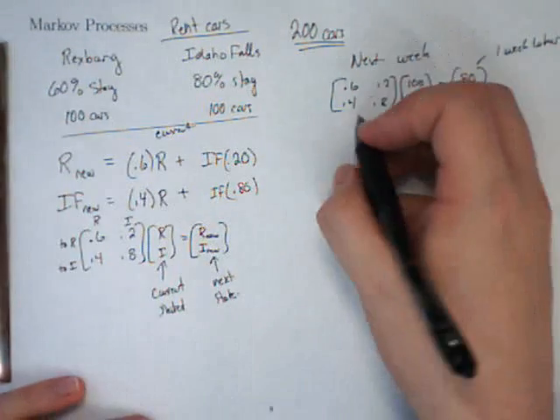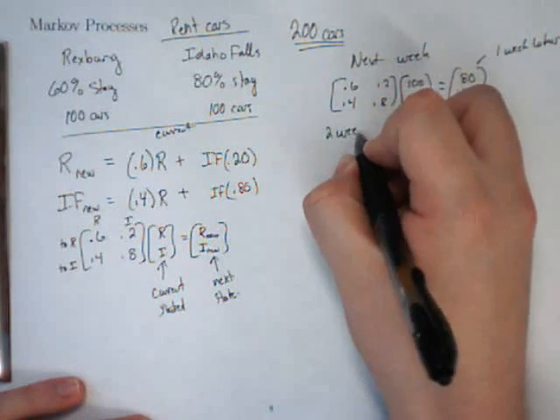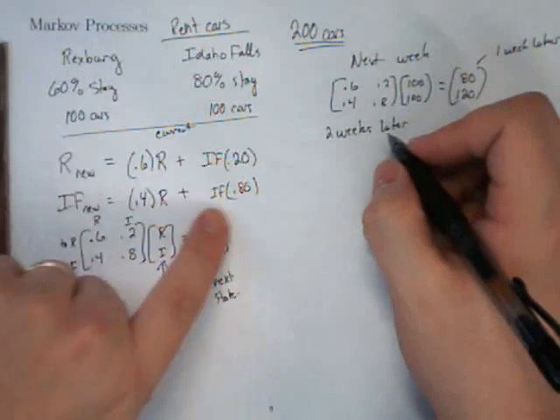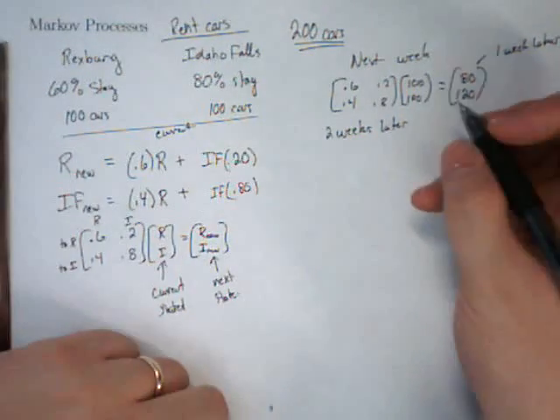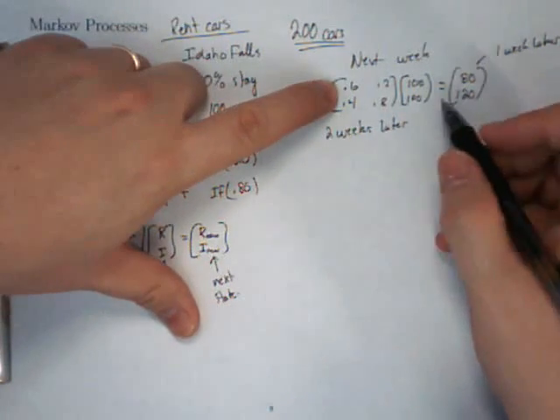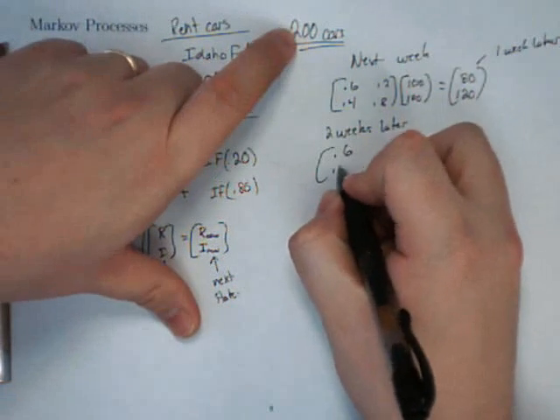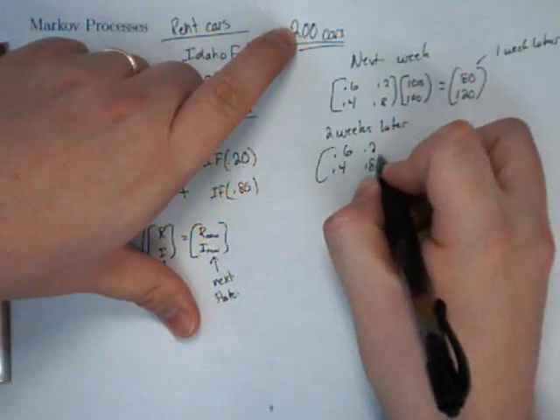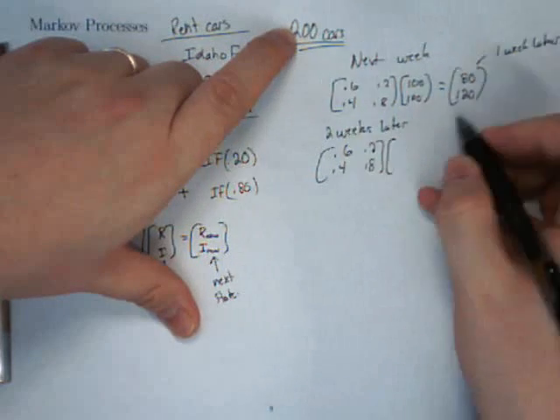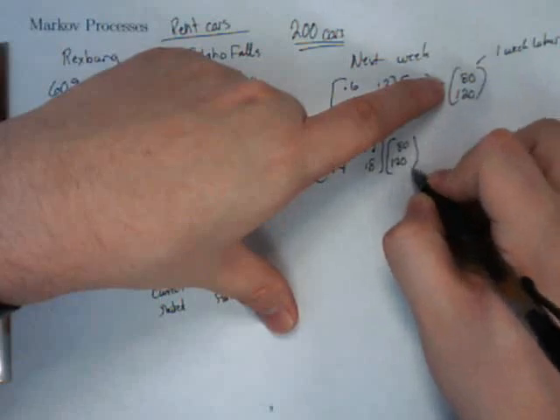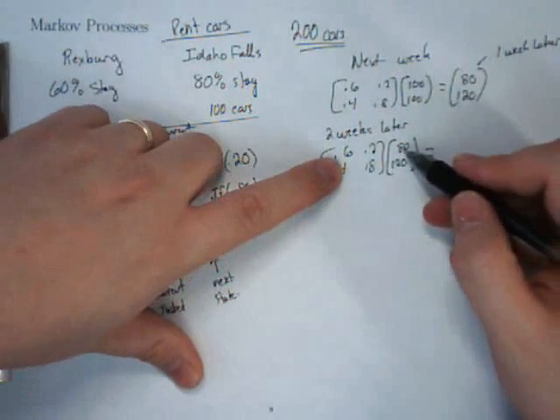Well, what if I want 2 weeks later? So 2 weeks later, assuming that this percentage remains the same, I take the previous week, so I've got this 0.6, 0.4, 0.2, 0.8, and now I just multiply by what our current state is, which is now the 80, 120. And then if I multiply that out, that's